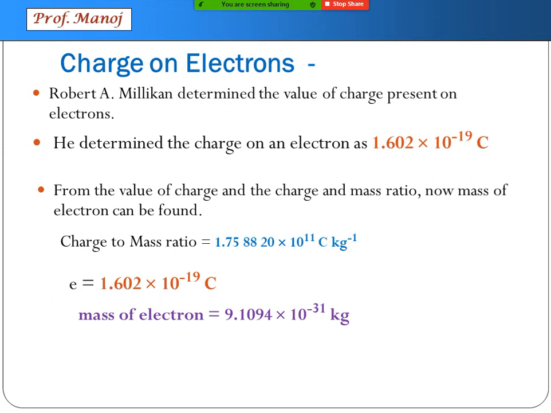So when you read in any book the mass of an electron, understand it is found out simply by calculations, and nobody has actually taken an electron and found its weight. That's not possible. So here itself you must learn by heart three values for your exams: the charge to mass ratio of electrons, the charge of an electron, and the mass of an electron.